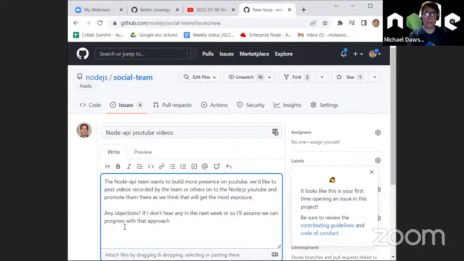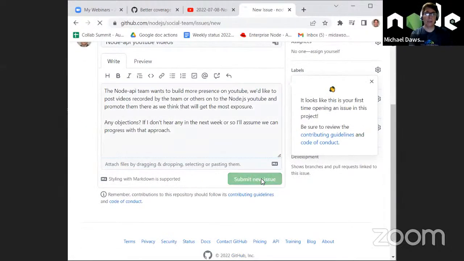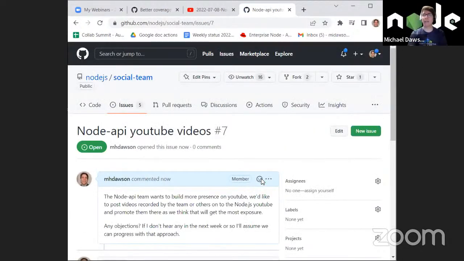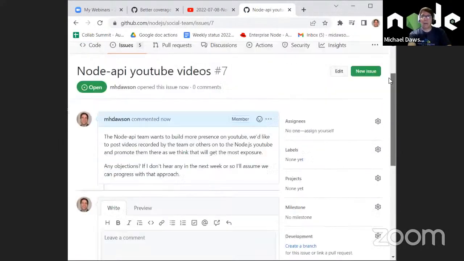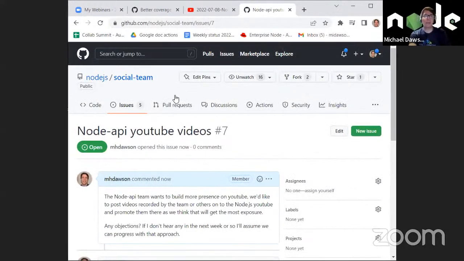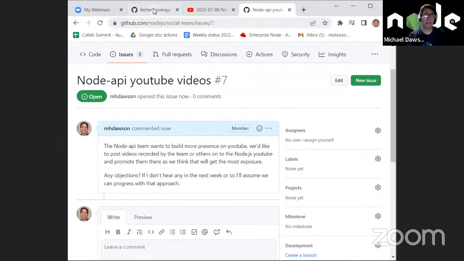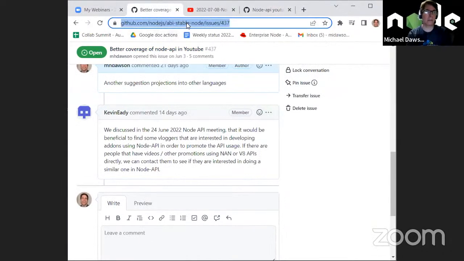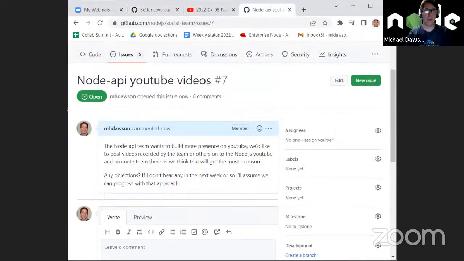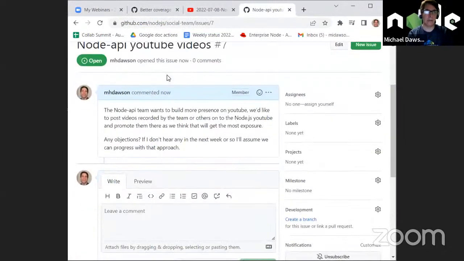Okay, so I'll open this issue and then we'll see if anybody has any other thoughts or concerns. And if not, I have access so I could upload them there and post them. This will just give the rest of the community an opportunity to say whether they agree or don't agree with that kind of approach. But I think that's a good idea. And actually I should reference this for more info.